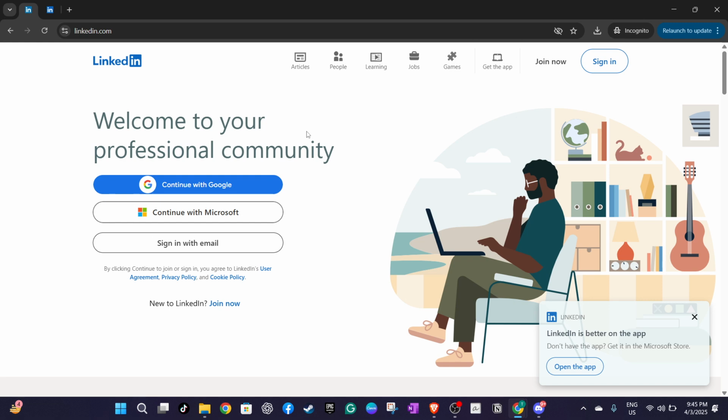First, make your way over to LinkedIn by opening your web browser and typing in linkedin.com. This is the first step to accessing your messages, where we'll be diving deeper into whether they've been read or not. Now, if you haven't already logged in, go ahead and enter your credentials. You have the option to sign in with Google, Microsoft, or with your email address and password. It's a good practice to keep your login information secure, so make sure you're entering this information in a trusted